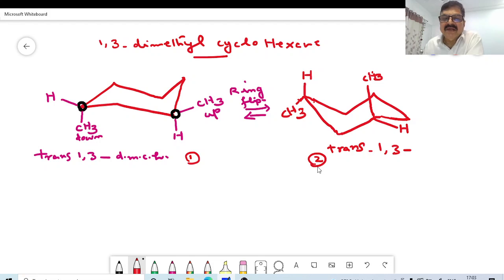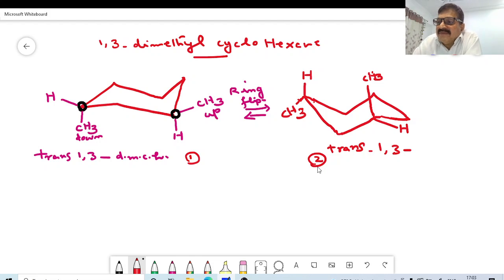Okay, in the same way, this is the trans one. The trans one means the isomer has two groups on opposite sides. Okay, now in the case of ring flipping, the two down carbons will flip up. Okay, axial methyl will become equatorial, but still it is on a down bond. You have to understand that point. Okay, axial methyl here in conformation 1 becomes equatorial, but it is still on a down bond. Okay, it will not become an up bond here.